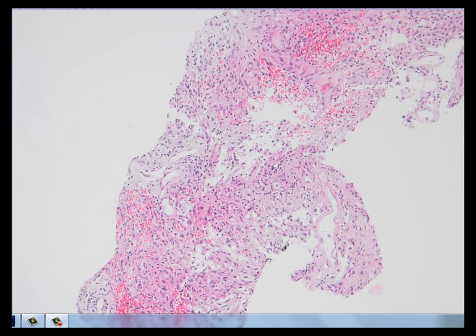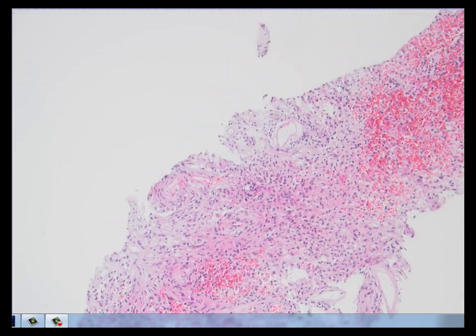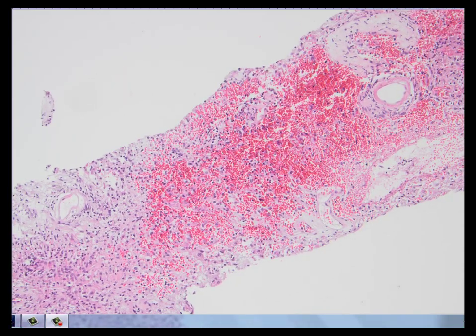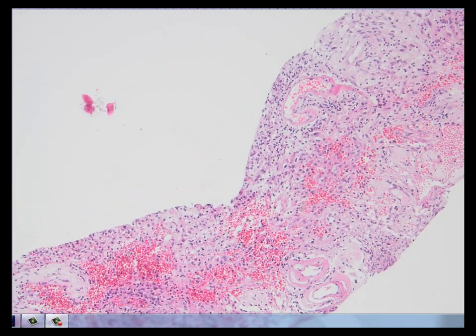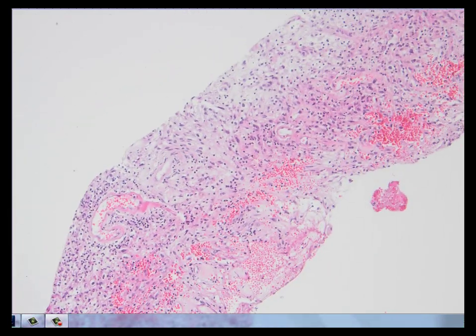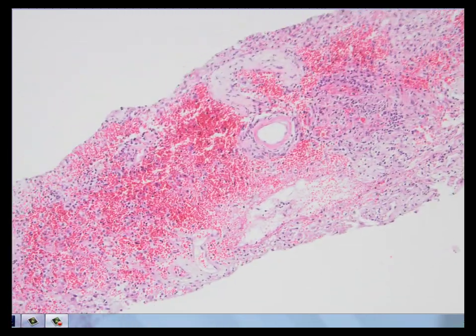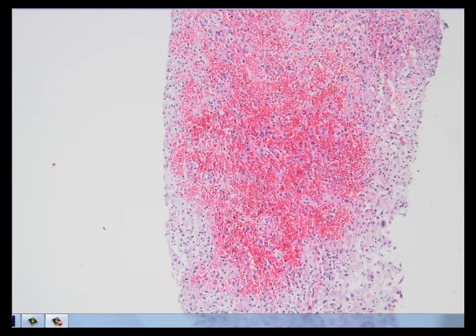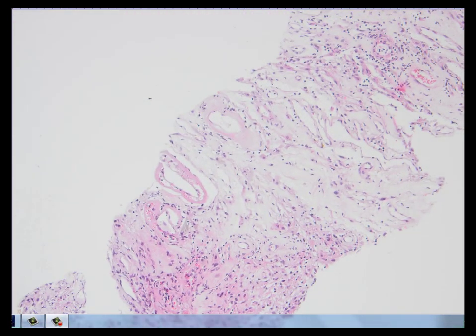At low power we see a spindle cell tumor with a lot of bleeding, and at first glance you may think of a vascular tumor because of these many erythrocytes. At the end of the biopsy we have more blood, but at the other cores we have these